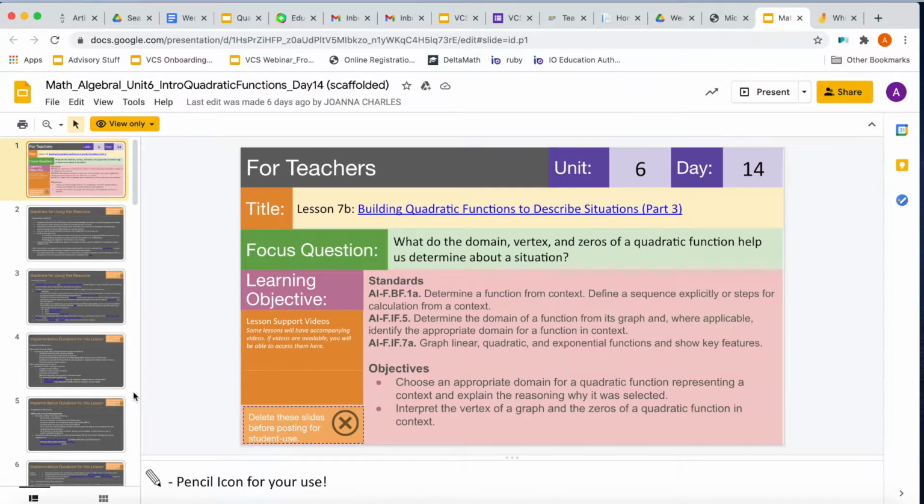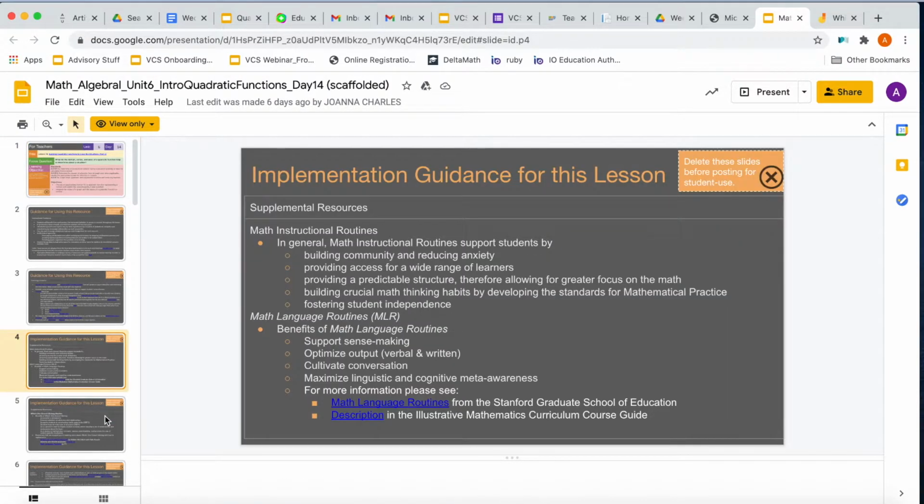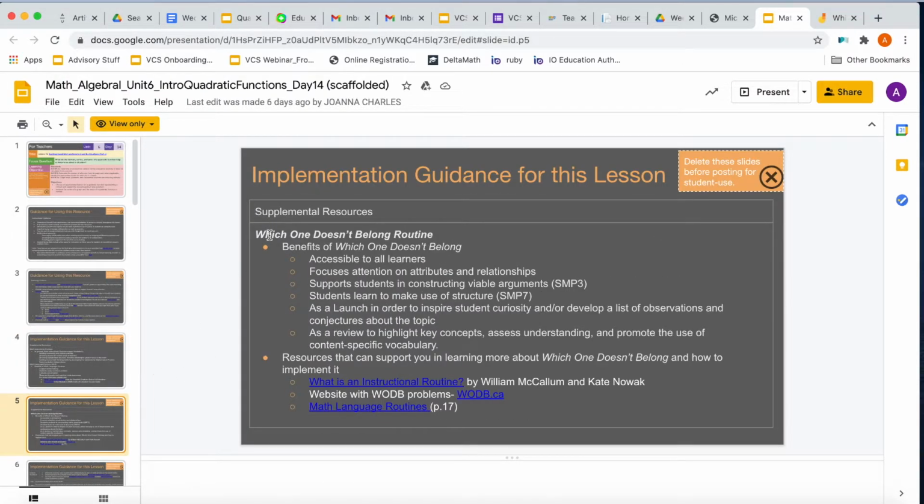The instructional routine that's used in the launch is based on math language routines, and the routine that we're using is the Which One Doesn't Belong routine. This routine is similar to previous routines where it is accessible to all learners and it focuses attention on attributes and relationships. You can read through slide 5 of day 14 to get a better idea, but there are some resources down here which can support you with better understanding how to implement and execute a Which One Doesn't Belong